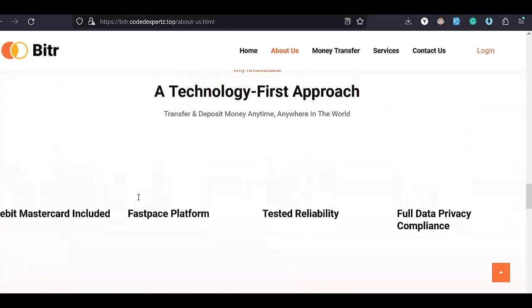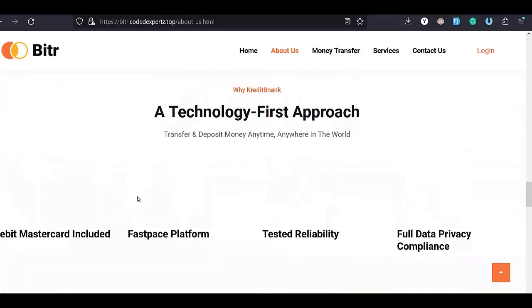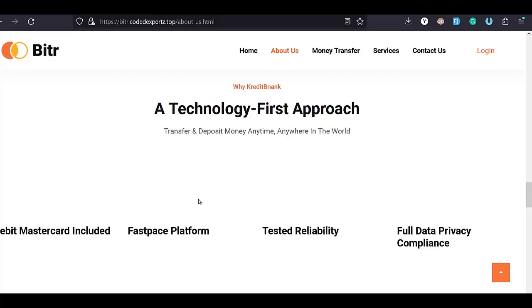Okay, now let's go straight into the user dashboard. I'm going to show you how the user dashboard works, I'm going to show you how the admin dashboard works, and then also I'm going to be showing you how to set up the software on your very own domain name. Okay,